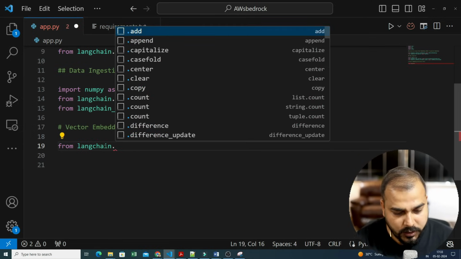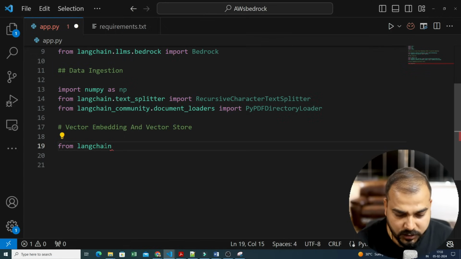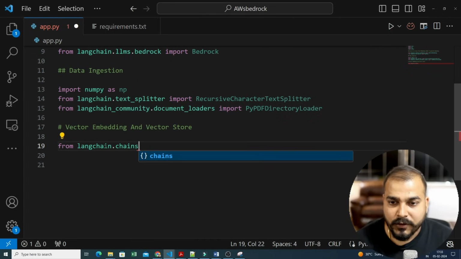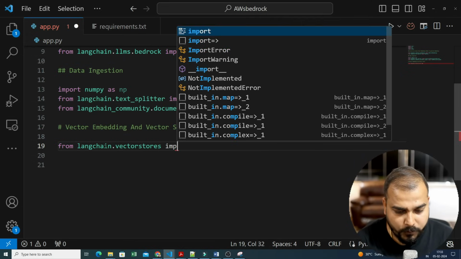I'll revert it. Okay, from Langchain.text splitter. Sorry, not text splitter. Why am I using text splitter? Already I've actually done it. So I'm also going to use this for vector embedding specifically. I have to use vector FAISS, right? So I will write vector stores import